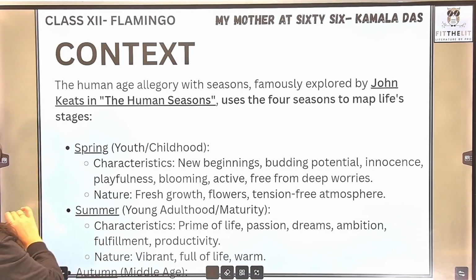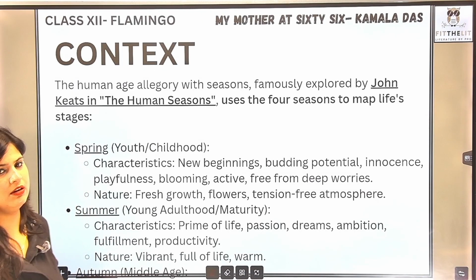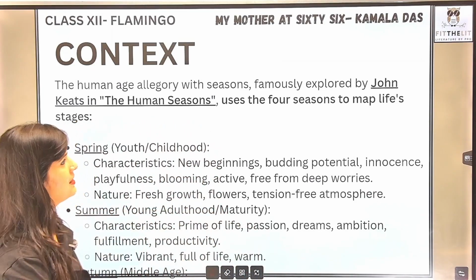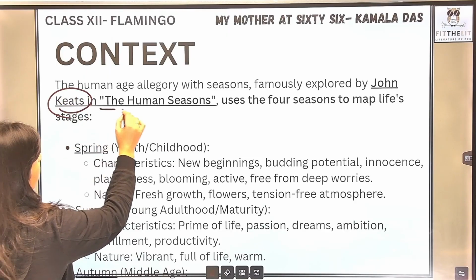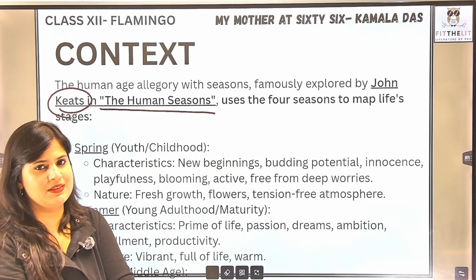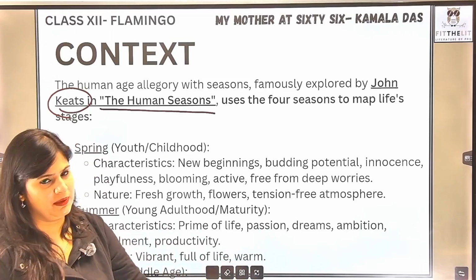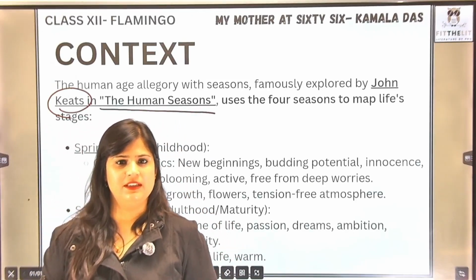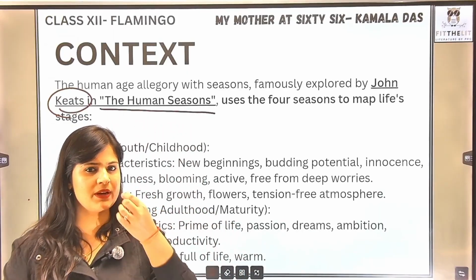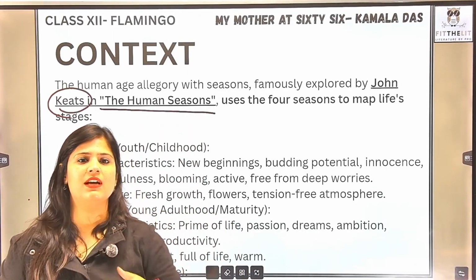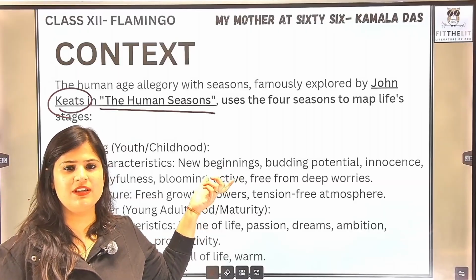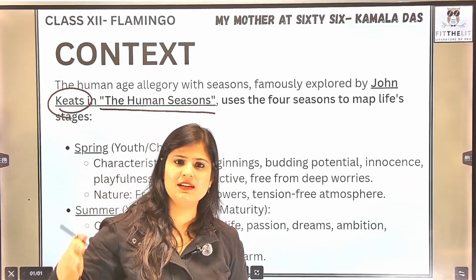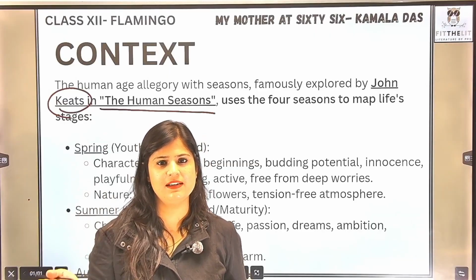So ये concept क्या है exactly? This concept was given by John Keats, a very famous poet, in his work The Human Seasons, right? तो उन्होंने क्या कॉन्सेप्ट दिया था दैट ह्यूमन बीइंग्स जो होते हैं 4 stages ऑफ लाइफ के थ्रू जाते हैं, राइट? दिस वाज गिवन आल्सो बाय शेक्सपियर, बट उन्होंने कहा था कि 7 stages है, बट हियर जॉन कीट सेड दैट देयर आर 4 stages एंड वो 4 stages को पैरेलल रखते हैं सीजन्स के, राइट? जो हमारे कैलेंडर सीजन्स होते हैं.